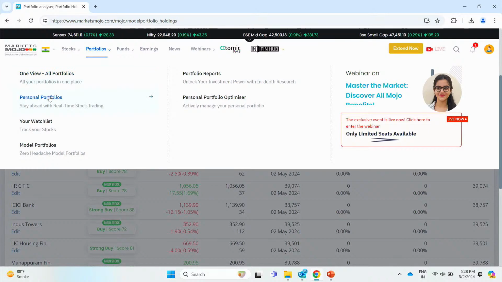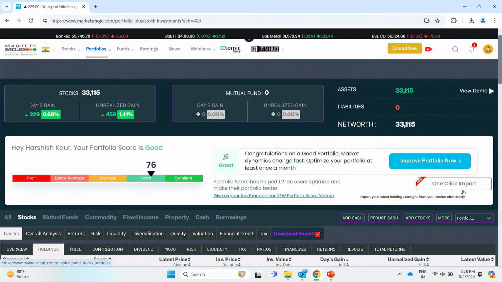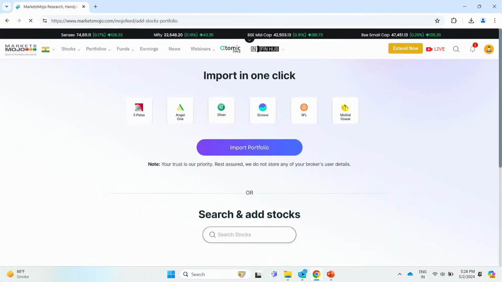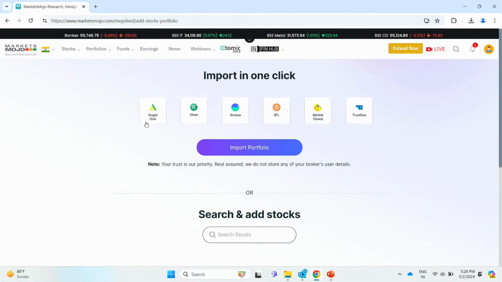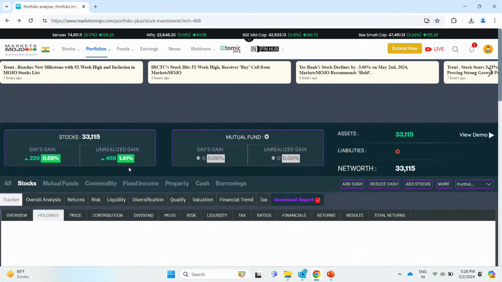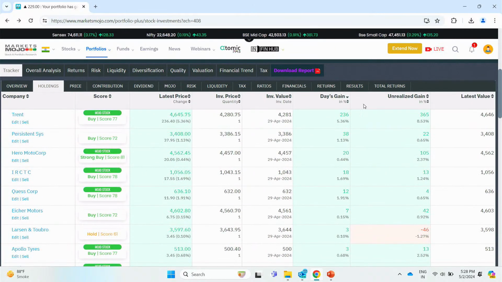Now we have the personal portfolio section as well, where you can import your portfolio from other brokers, or you can upload an Excel file, or you can add stocks one by one to your personal portfolio. So one click import is the most convenient feature, I think. So you select your broker and you import your portfolio, and it will automatically get synced with our system, and then you can get an analysis on how your portfolio is doing, what has been the day's gain, and what is the score of the stocks that are there in your portfolio,